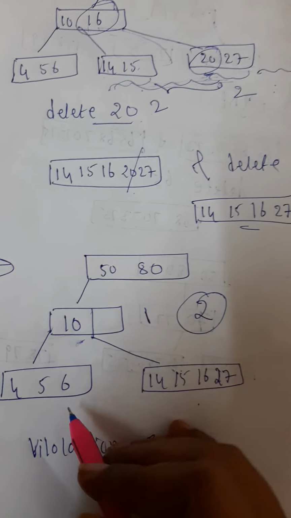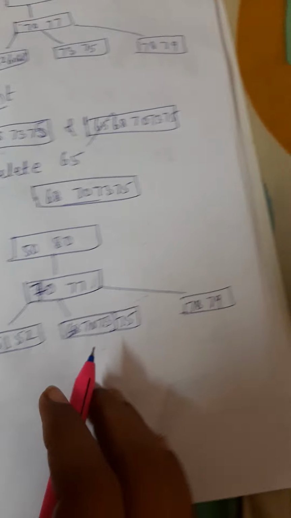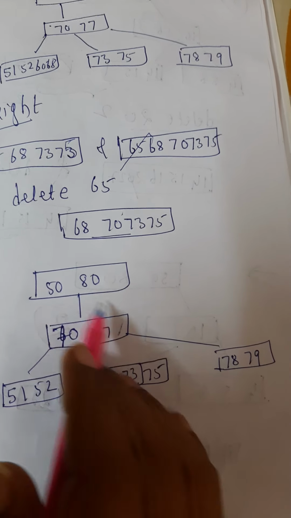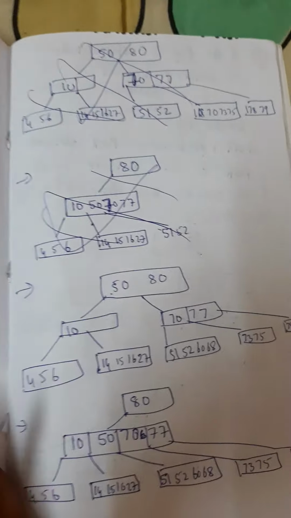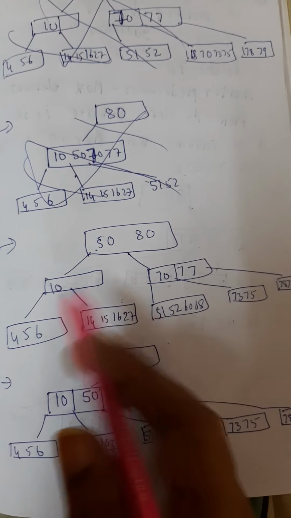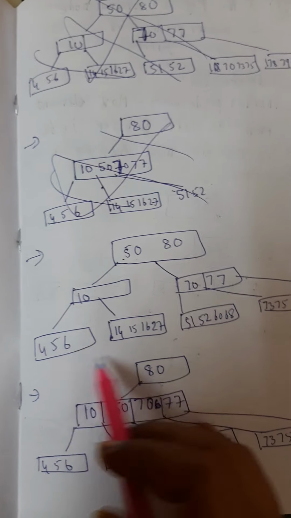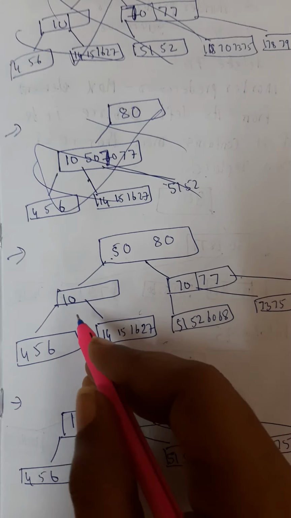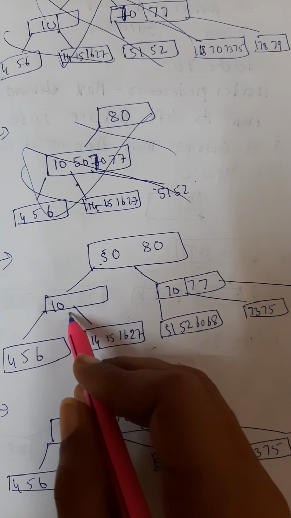Actually, this is the left part. Now the right part, from here I'm copying the right part, that is 50 right. So this is the tree I have. Since I cannot draw the complete thing, that is the thing I did not draw here. So this is the left part and this is the right part. Now if you see here, it is violating the property.